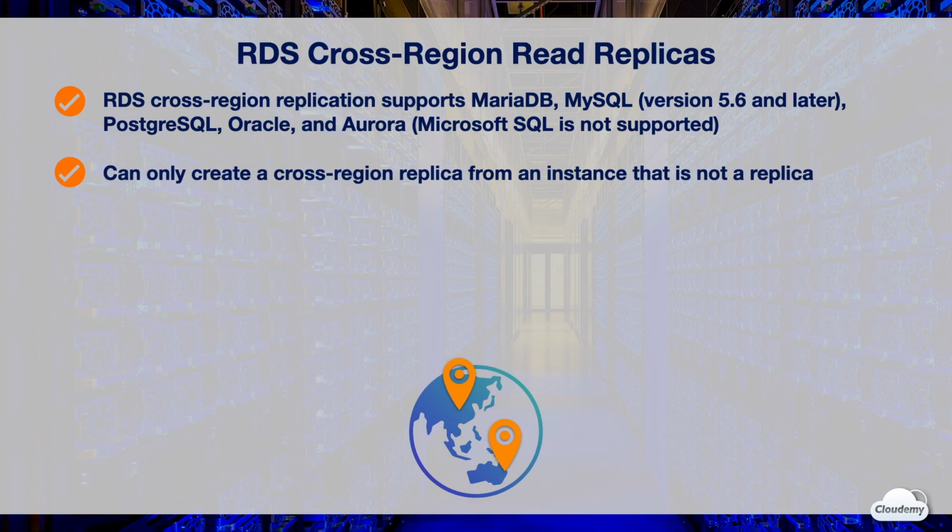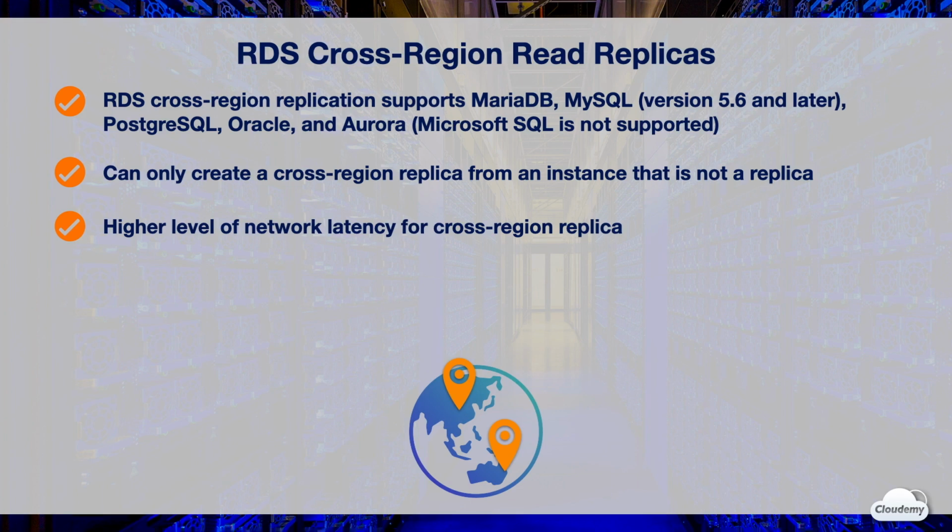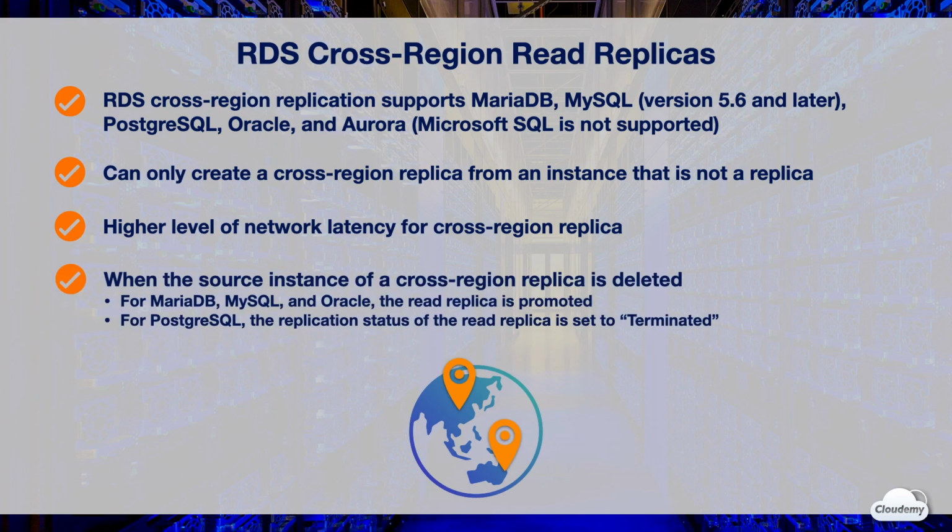of another DB instance. You can expect to see a higher level of network latency for any read replica that is in a different AWS region than the source instance. This network latency comes from the long network channels between regional data centers. When the source of a cross-region read replica is deleted, for MariaDB, MySQL, and Oracle DB instances, the read replica is promoted. For PostgreSQL DB instances, the replication status of the read replica is set to terminated, and the read